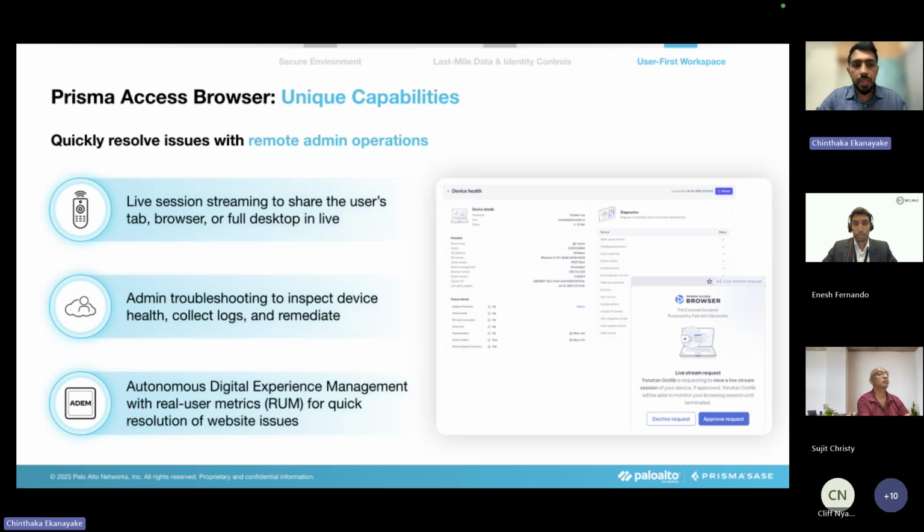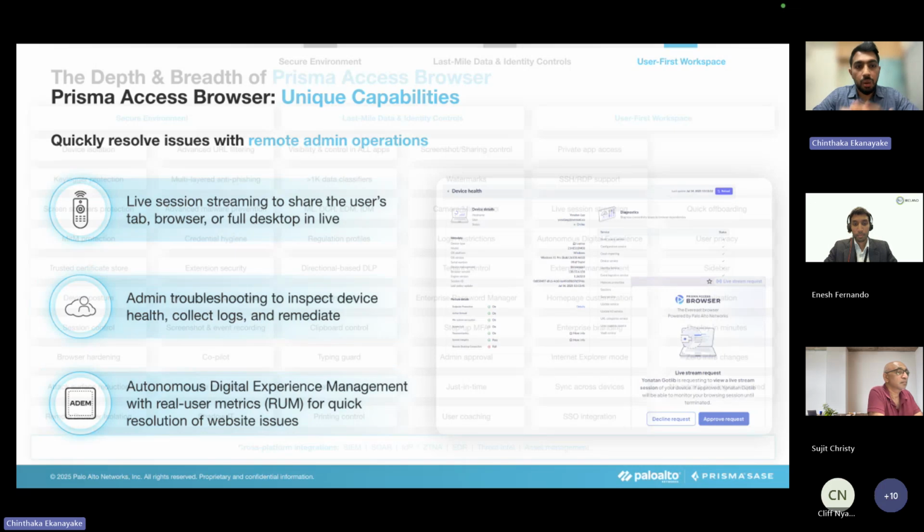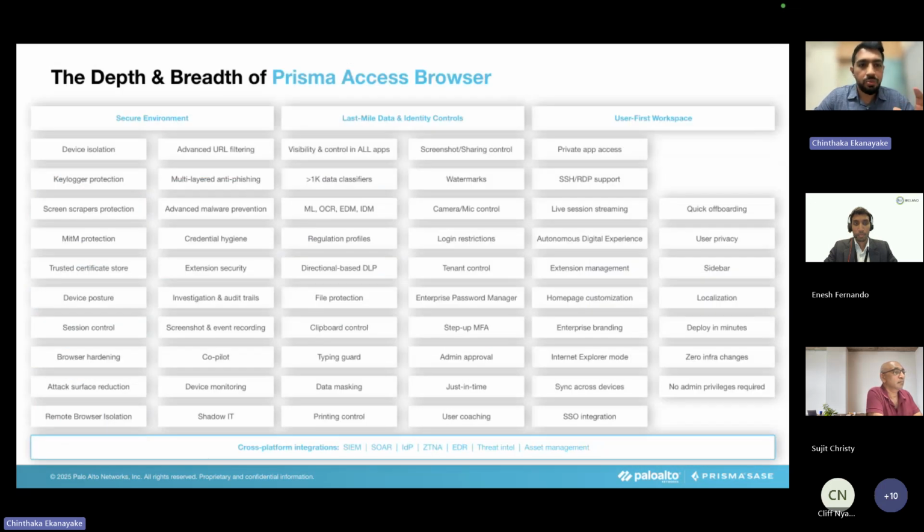And also we have inbuilt real user metric collection. So that is based on when you access a website, what is the performance, how long it took to load that website. We can actually collect that information as well from the browser itself. So these are some of the capabilities that we have. I have a large list of capabilities listed here in terms of what we can do and cannot do. So I'll take a pause, have a look at this, and let me prepare myself for the demo.